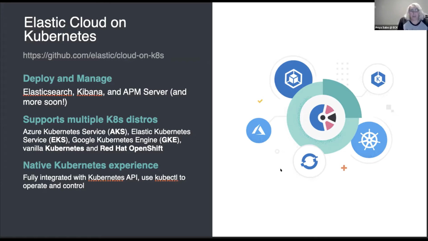And instead of having our own API, because we're just using the native extension points that are built into Kubernetes, you can just use the native Kubernetes API. All the tooling that you're already using to manage everything else in your Kubernetes environment, you can use also to manage the Elasticsearch resources that we added. kubectl is the main command line tool that people will use, and you'll still use that same thing you use to interact with everything else in Kubernetes to interact with Elasticsearch as well.